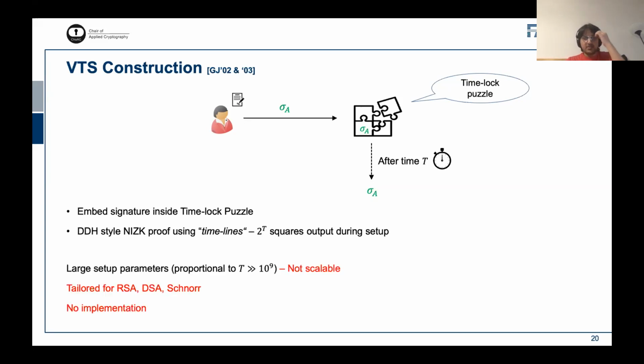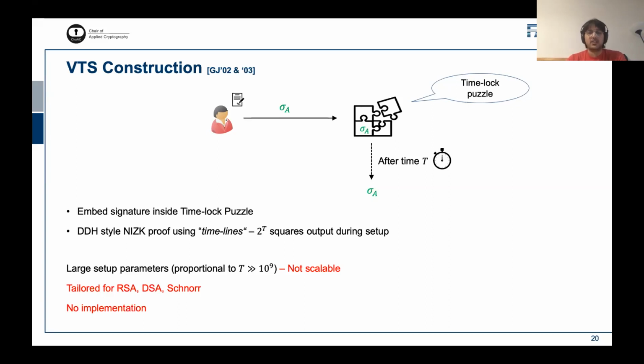So, the problems here are that of both space and time. Notice that the public parameter has to have all these squared values: g squared, g to the power 4, and so on. And this really depends on the hardness parameter t. Based on our evaluations, we saw that for any reasonable hardness t,